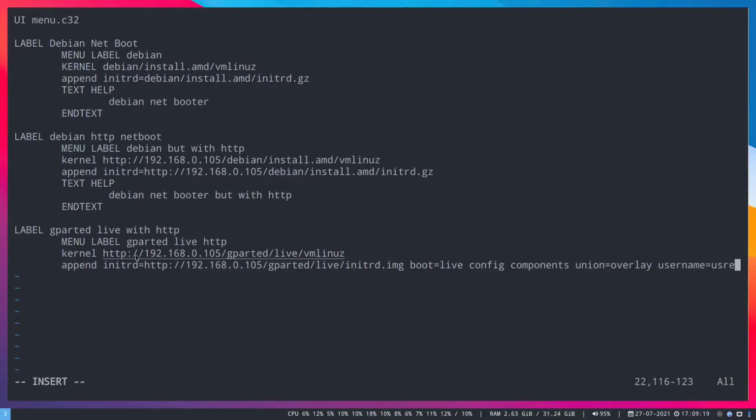Username is user, and then no swap, no eject, VGA equals 788, this is just resolution, and then the important part, fetch HTTP,